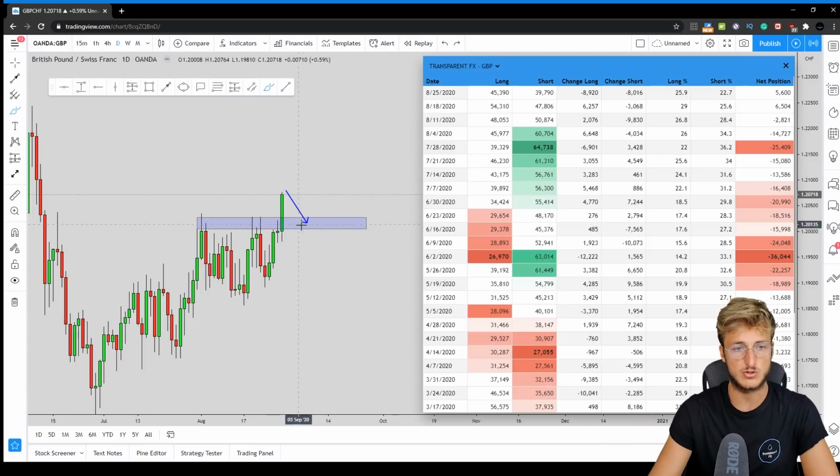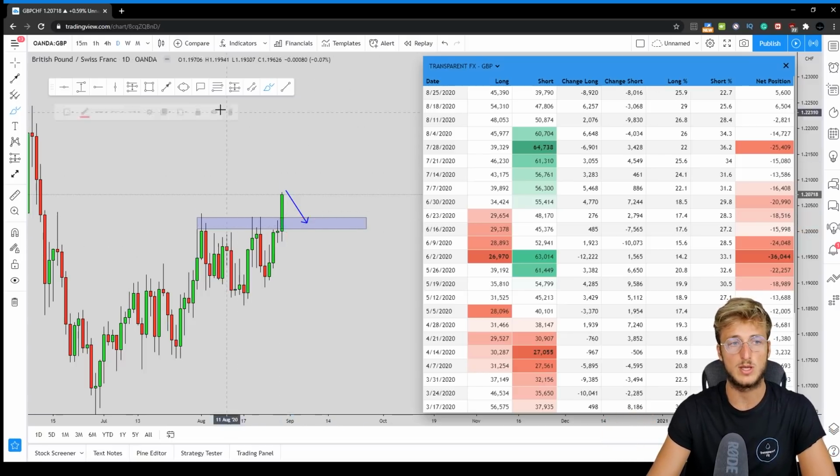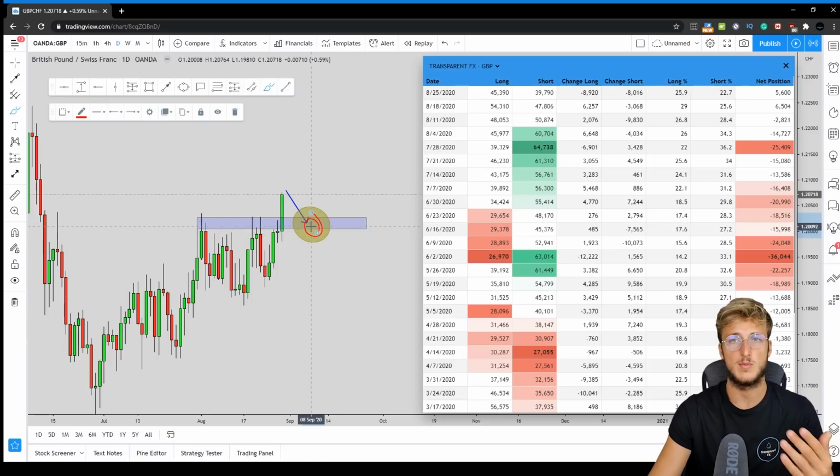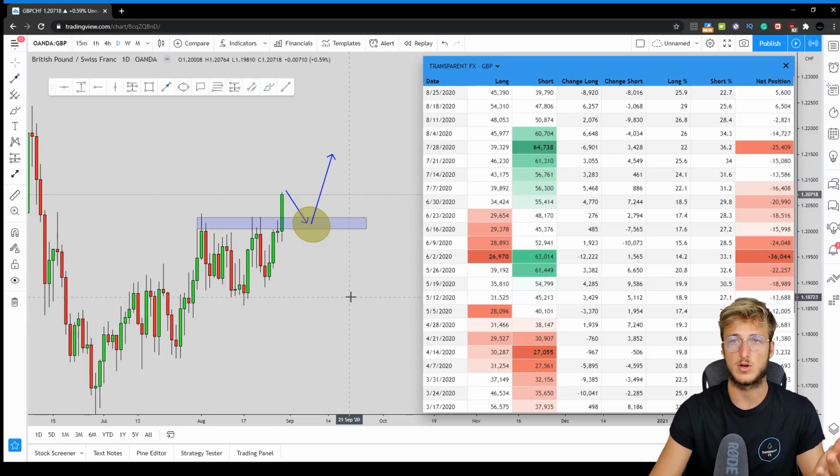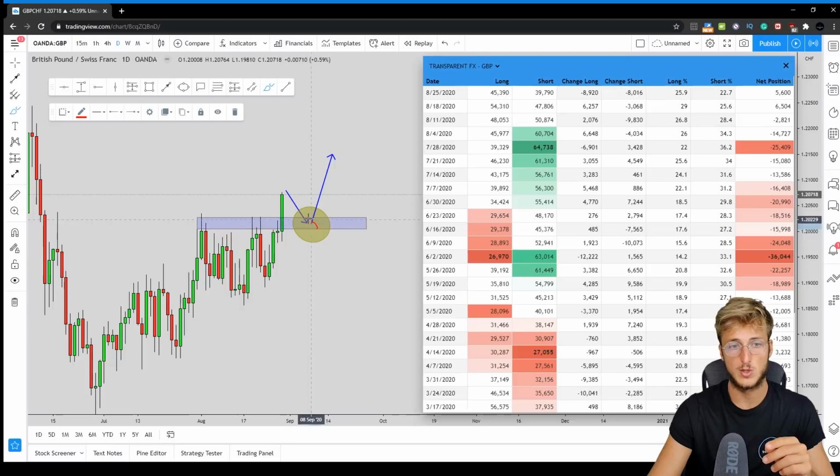So if the market will give us a retracement inside of this area, what we will be doing this week with students is monitoring price action on the 4-hour time frame inside of this area, waiting for the market to provide to us one of our valid entries, because always remember, monthly, weekly, and daily are the best time frames when it comes to the direction of the market. But when it comes to entry, the best time frame is the 4 hours. As soon as the market provides one of our valid entries, we will be taking a nice long for a good risk to reward and very good probabilities for the continuation to the upside